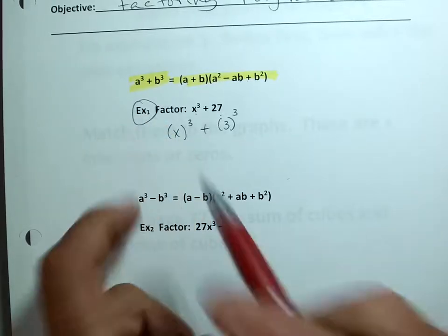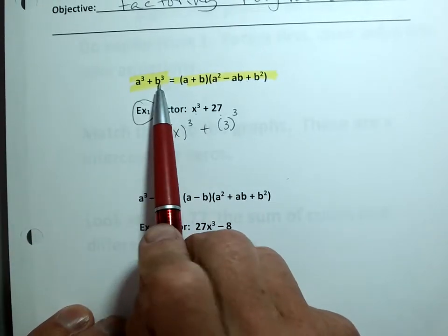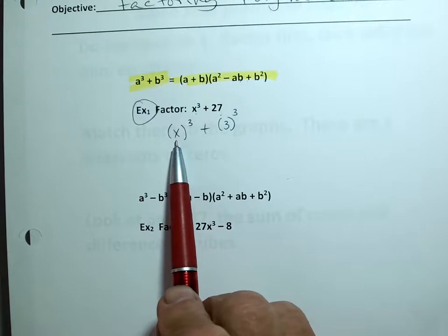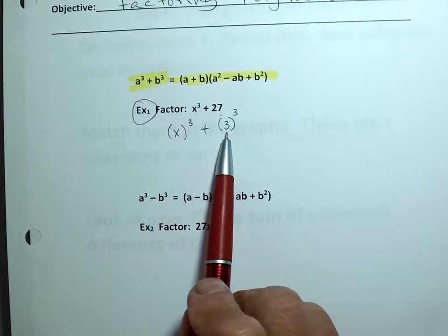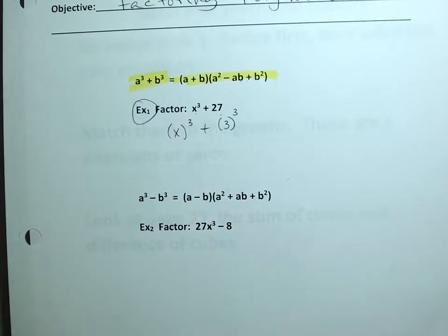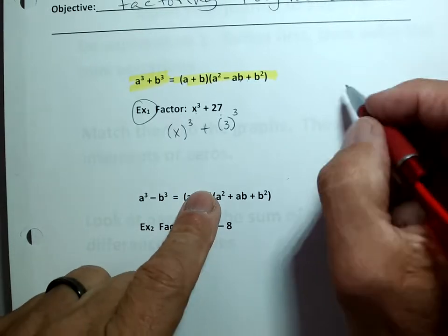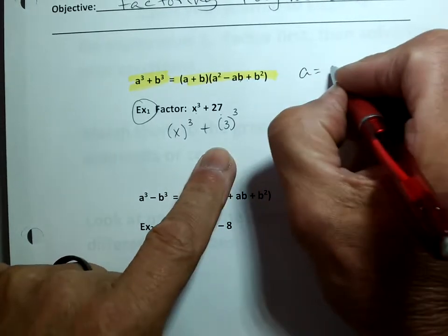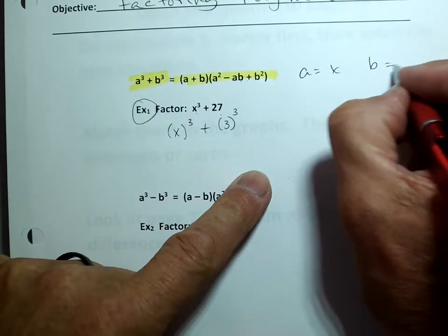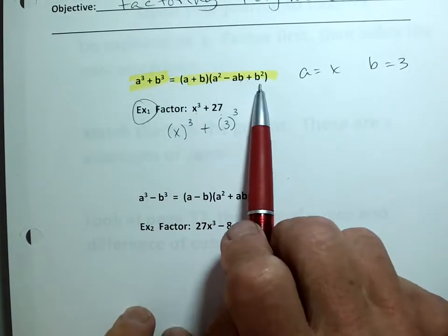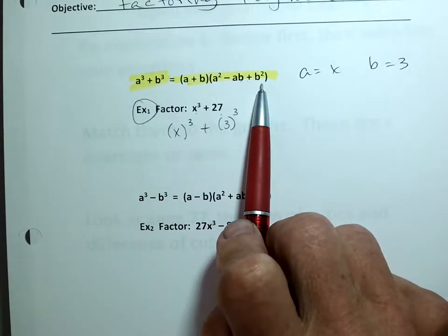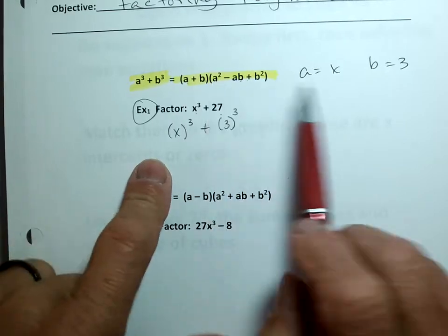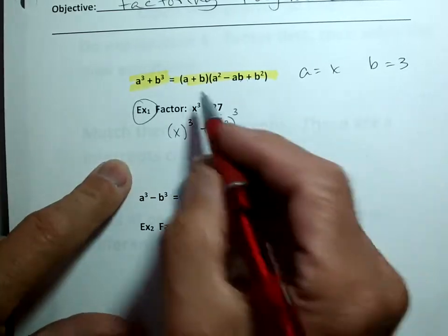So here's what I'm going to do. I'm going to use this formula, a cubed plus b cubed, but my a is my x, does that make sense? And my b is my 3. So this is not hard. In this problem, my a is my x and my b is my 3, and I'm just going to plug them into this formula, that's all. So instead of writing a plus b, I'm going to write x plus 3. So my answer is going to be,